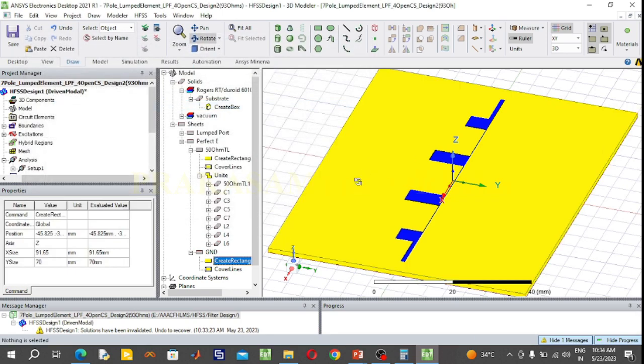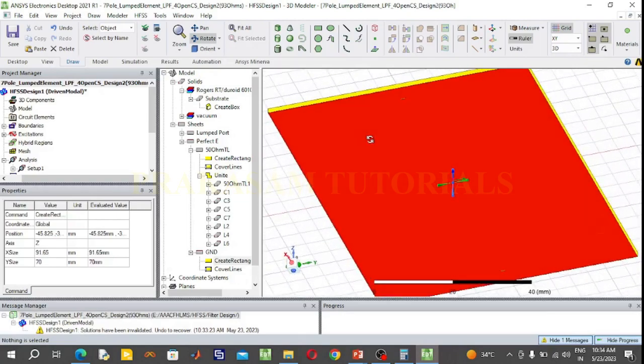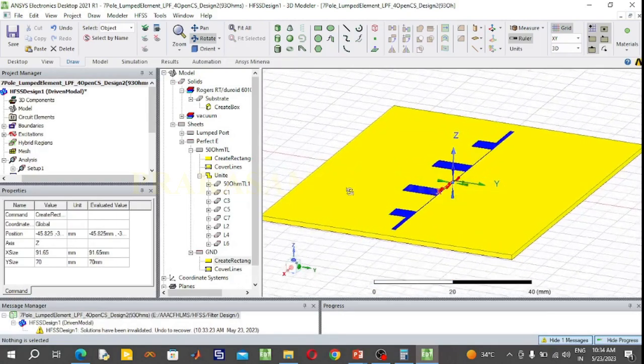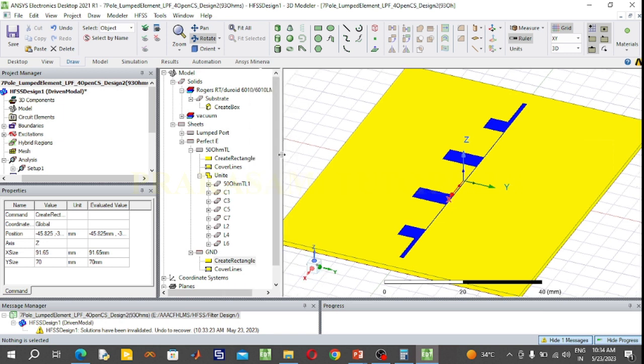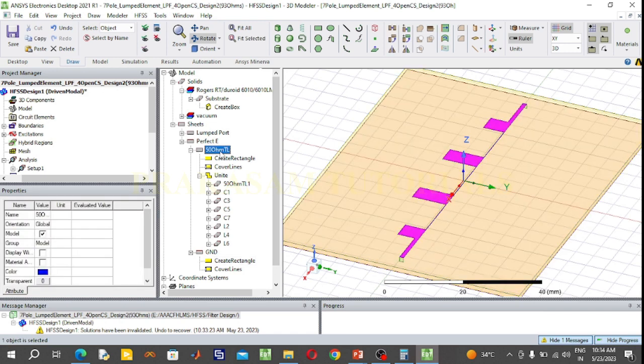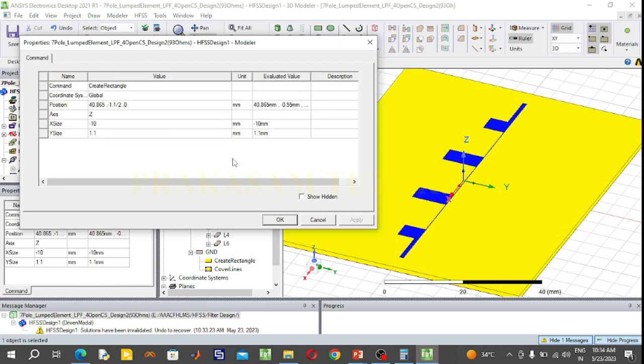So this yellow color is the substrate and this red color is the ground plane. So on the top of the substrate we can design the lumped element low pass filter. And first change the dimensions of the 50 ohm transmission lines at both the ends. So this is the 50 ohm transmission line,